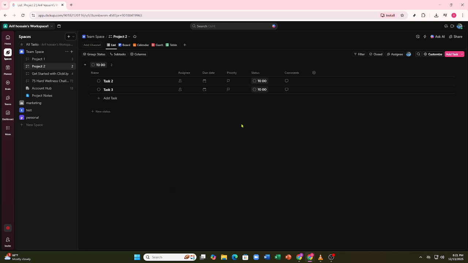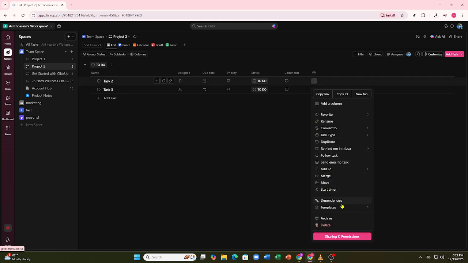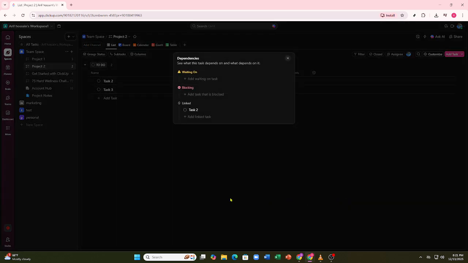You can enable this in ClickUp's settings. When it's turned on, ClickUp will warn you if someone tries to move, schedule, or complete a task before its dependency is done. That little warning alone can save you from a lot of confusion and mistakes,